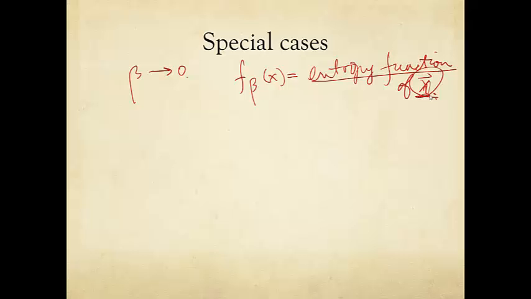But if you normalize the entries of x by the sum of the entries values, then you do have a distribution vector. Okay. When beta goes to 1, it turns out this f sub beta of x is almost like